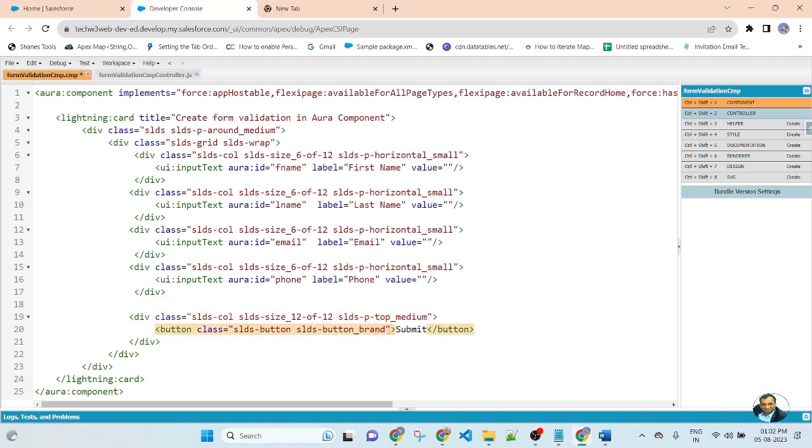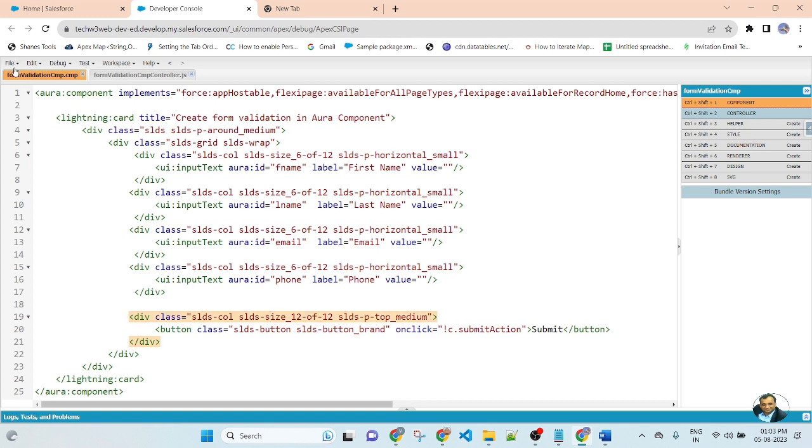In the submit button, I will pass the function onclick equal to c.submitAction. This function will be created in the Aura component JavaScript controller.